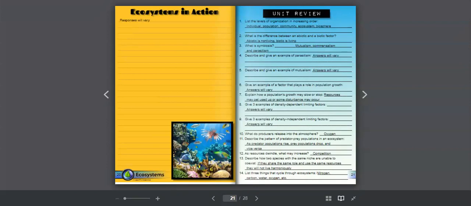Number 10, what do producers release into the atmosphere? Oxygen. Everyone should know that without even giving a thought. Producers are plants. P for producer, P for plant. Number 11, this is a common sense question. Predators, the